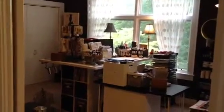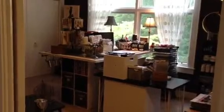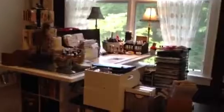Hello everybody, I want to take some time to show you my scrapbooking room. So without any further ado, let's go inside and I'll show you what I have completed over the last 4 or 5 months. I'm walking to the back wall in the room and I will turn around and face my